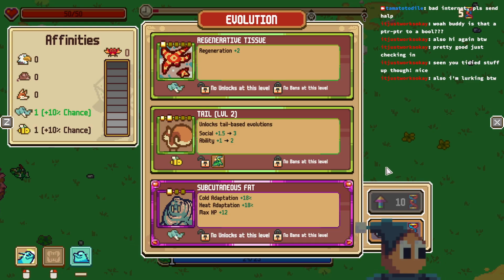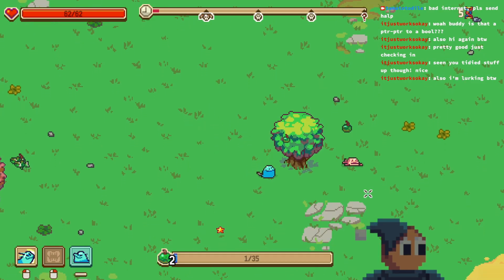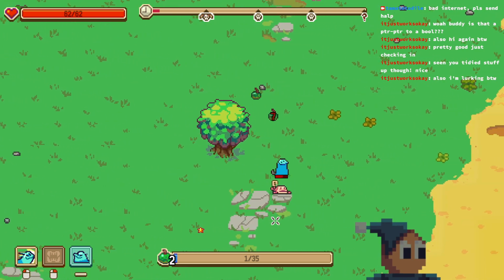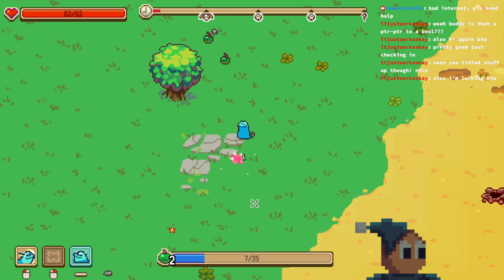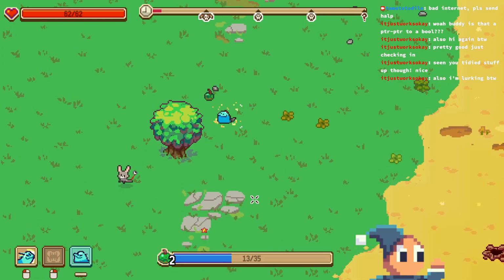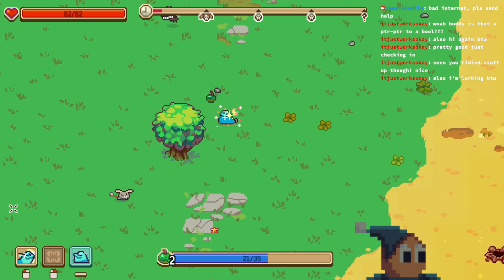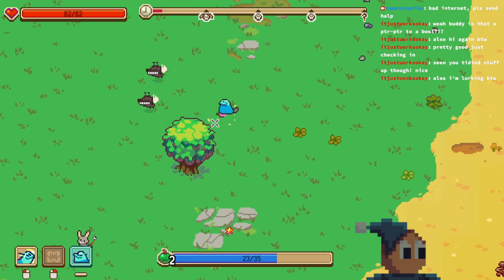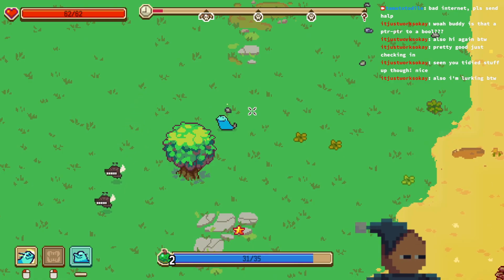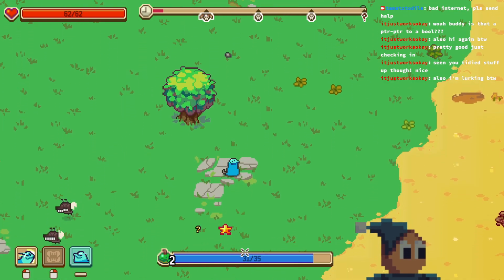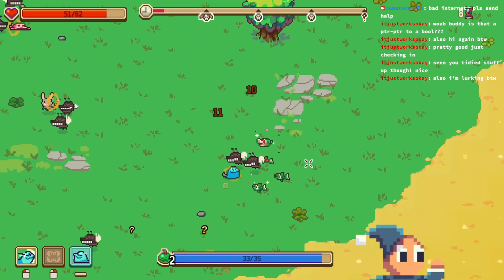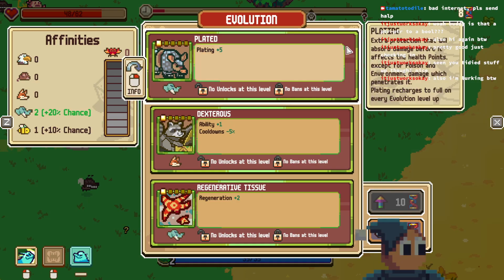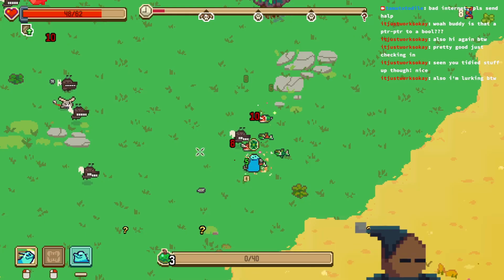Subcutaneous fat. Yes. I hate the fact that I lost cheek pouch. Oh, bounty! Oh my god. Bait.